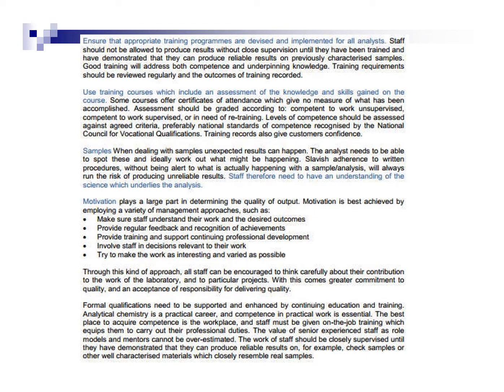Of course, you will be given proper training and continuous training, to make sure you are more competent. And use training courses which include an assessment of knowledge and skills gained on the course. Especially when dealing with samples, unexpected results can happen. So the chemist or the analyst needs to understand the idea of the work, what is happening, therefore the staff should have